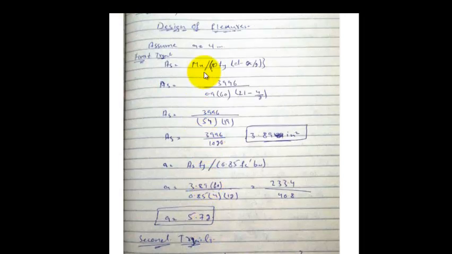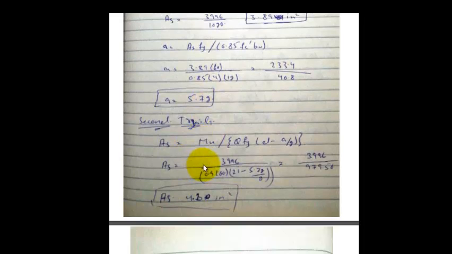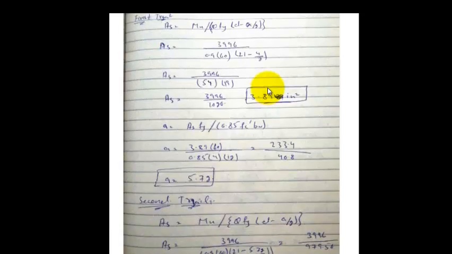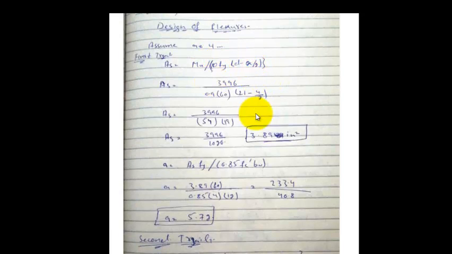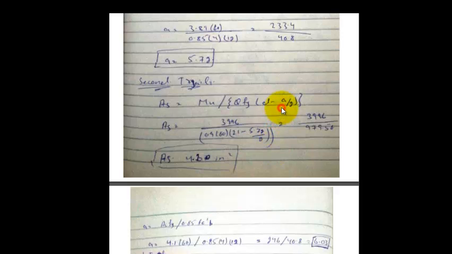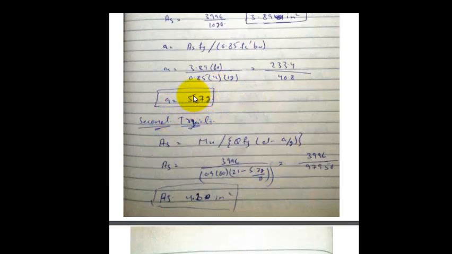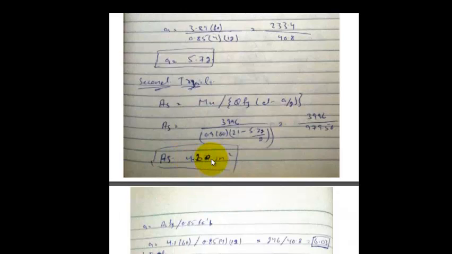But there is a change from what we assumed, so we will do the second trial. All these equations are fine. At the same equation, we will put the values, but where there is A, we put the value here also of A, but the value was 4. But here we will put the value which we get from this equation, that A is equal to 5.72. We put it here, doing all the calculation, get the value of area of steel, which is equal to 4.1